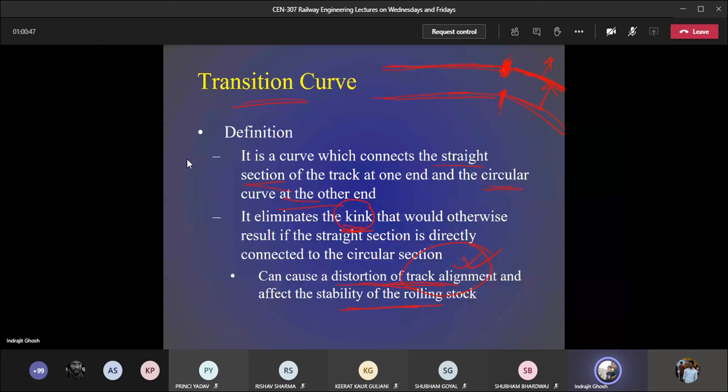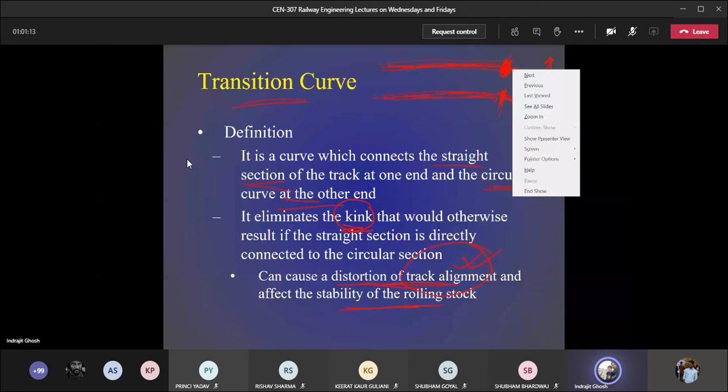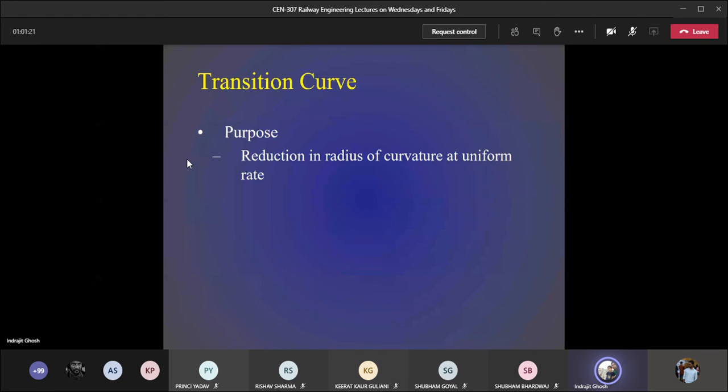At the same time, as this is a horizontal curve, you are going to provide super elevation. So the inner rail is at the lower level and the outer rail at the higher level, but here they are at the same level. आचानक आप straight track, level surface, both rails at the same location, and the next moment you are going to provide the inner rail at the lower level and the outer rail at the higher level, which is not possible at the site, not feasible. Even from the stability point of view, it is discouraged. So we can go for gradual incorporation of the super elevation or the acceleration.